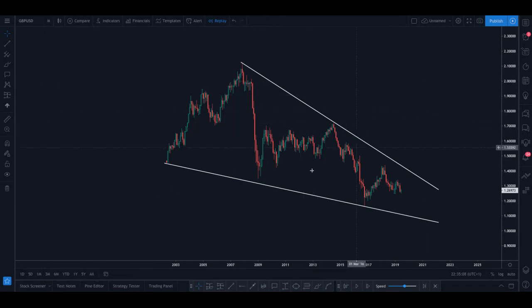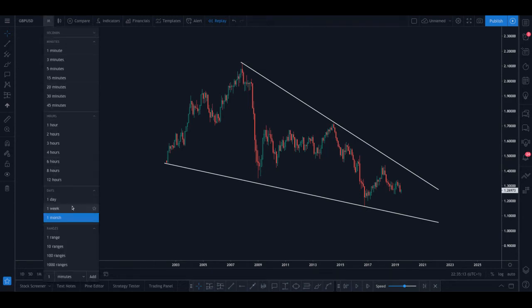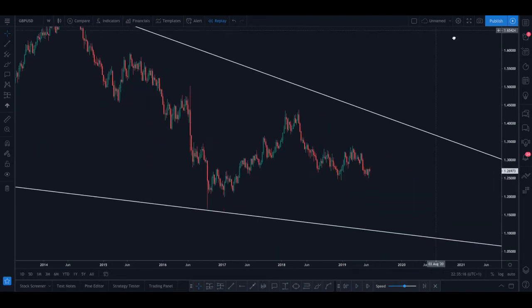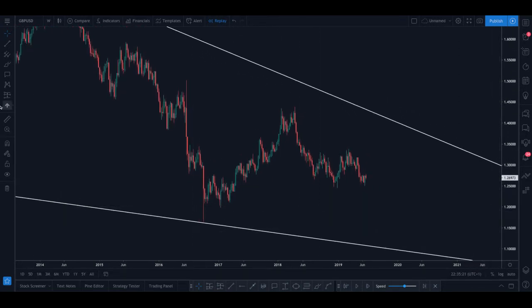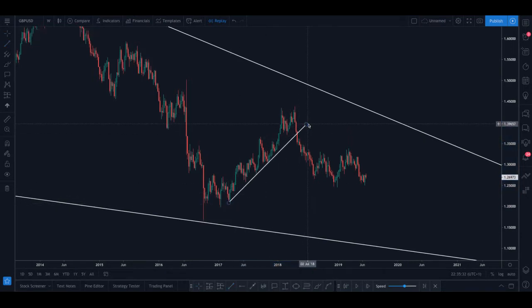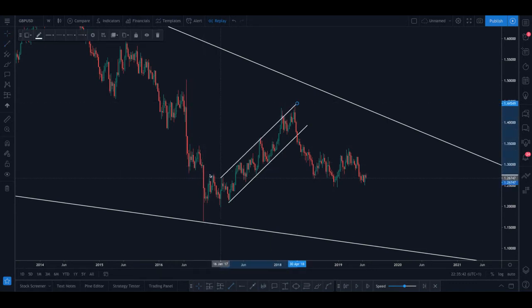So this is what I've got so far on the monthly time frame. And now we're going to head down to the weekly. The weekly just zooms in a little bit. Again, nothing big as such, other than this sentiment of a nice ascending channel, which price did break out of very impulsively. You can see we have 3 candles completely bearish. And if I just draw out this ascending channel top, you can see here how perfectly